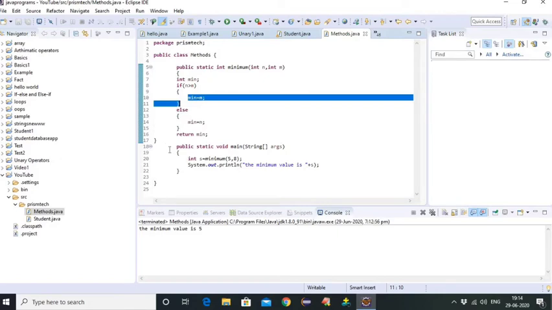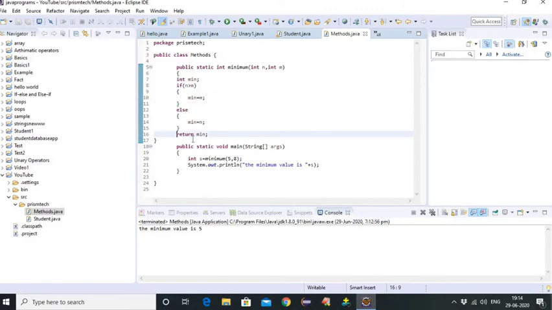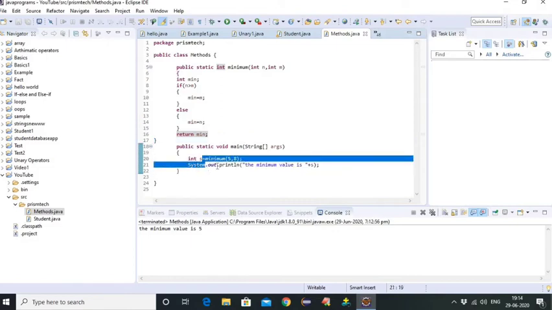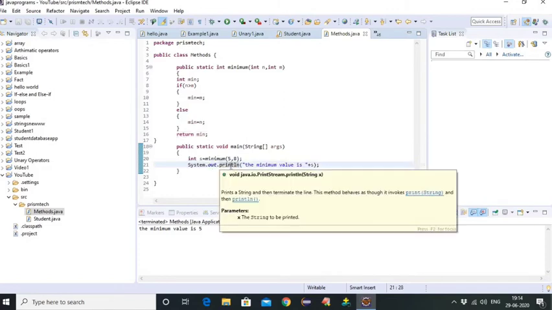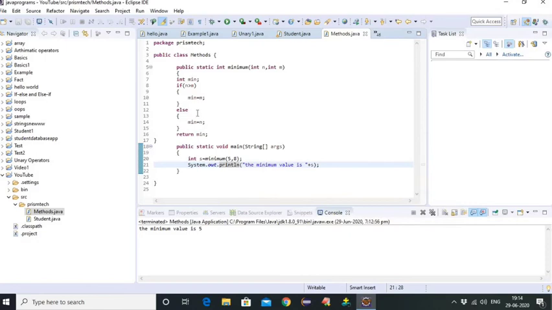One is when the return statement is executed. If the return statement is not there, whenever it reaches the method's closing bracket, it goes back to the normal position and executes after the method call. So this is the flow of the program.